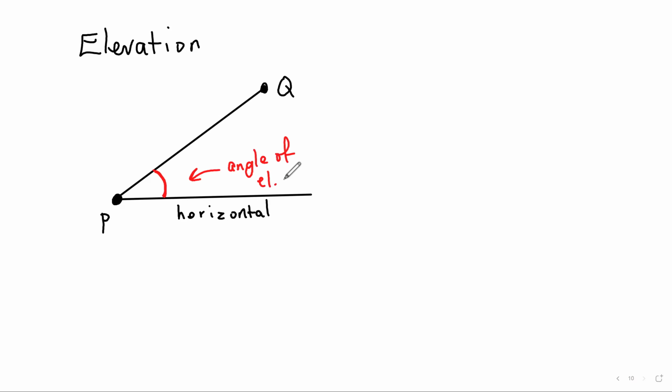Your angle of elevation is your angle between the horizontal at P and the line of sight. So your line of sight is the line that connects the 2 points. So this is the angle of elevation of Q from P. You can only take an angle of elevation